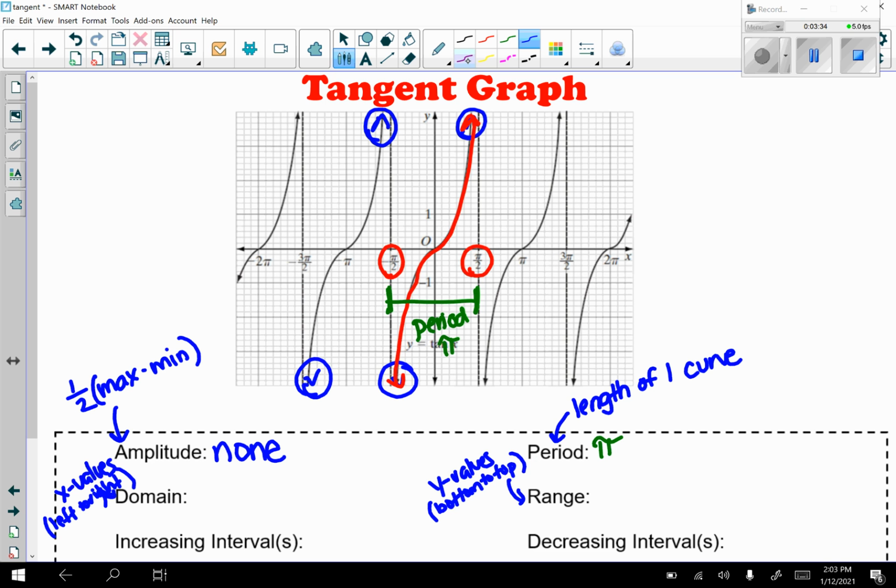So my domain is all of my x values except my asymptotes. So except negative 3 pi over 2, negative pi over 2, and so on, which actually, if we go back, I think